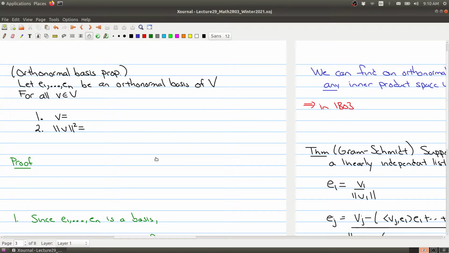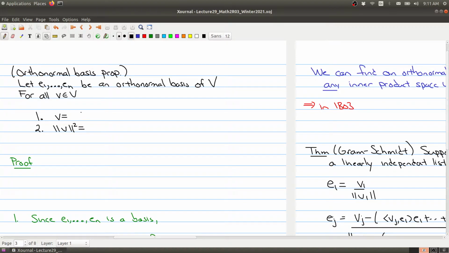So welcome to part 2 of our discussion about orthonormal sets and the Gram-Schmidt process. Now we just defined what an orthonormal basis is, and what further properties can we deduce from that? Well, there are some nice things that we can deduce. So if we have an orthonormal basis for a vector space,